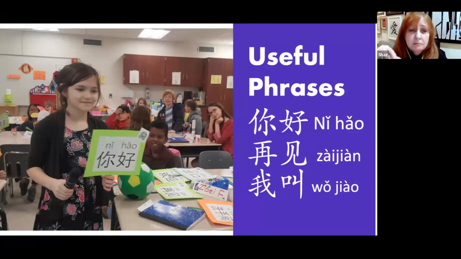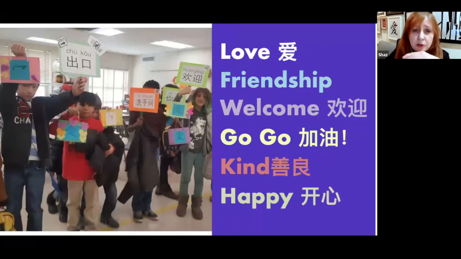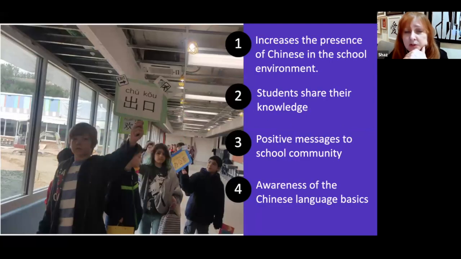We also put up some simple phrases, and the kids were very proud of the posters and the labels that they made as well. You can see them here. We took them around the school community, and we put them in different areas in the hallways and in the cafeteria. So this whole experience was very immersive. They were not only getting to understand Chinese characters, but they were able to associate the words with the locations in the school. They were able to put lots of positive messages around the school community.